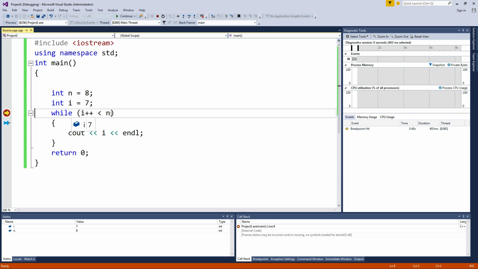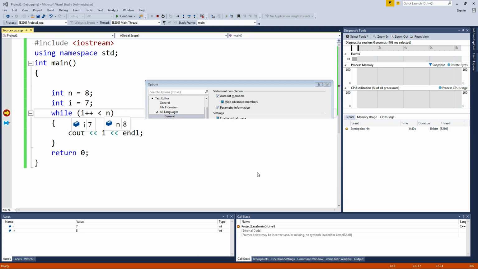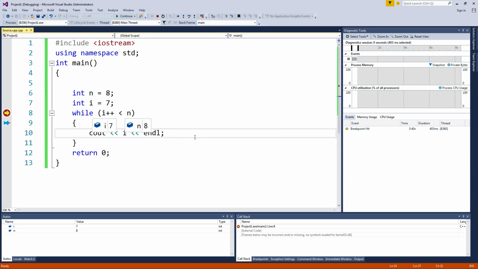And n right now is 8. So will it go into the next line of code, into that loop body? Will it go to line number 10 or not? Because it's about to ask if I is less than 7. So the question is, will it do that operation first? Will it add 1 to that and make it 8? No. Or will it do that afterwards? So yeah, it uses what that variable is here first, and then it will add 1.